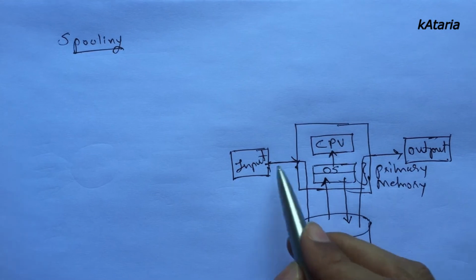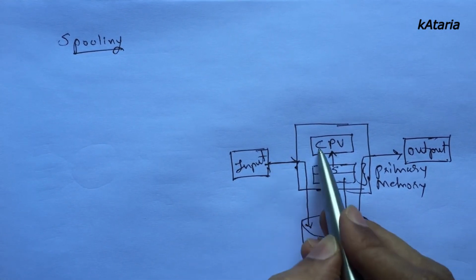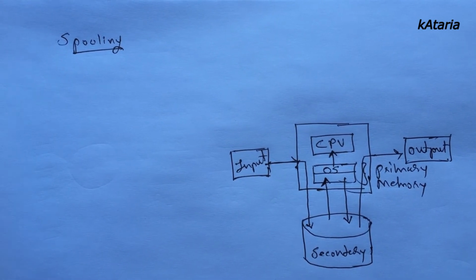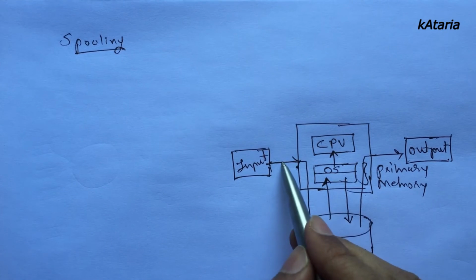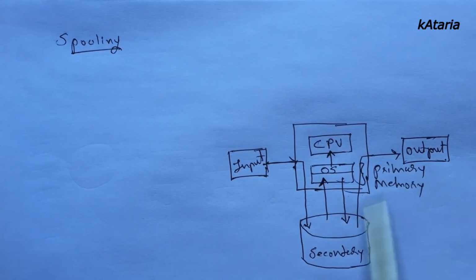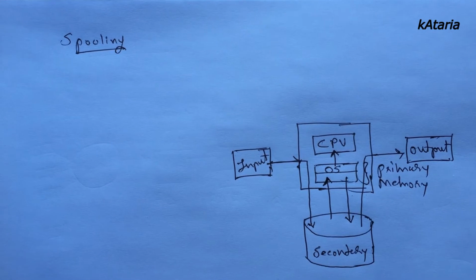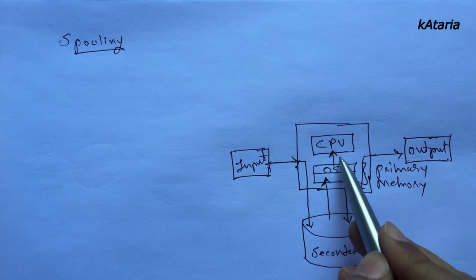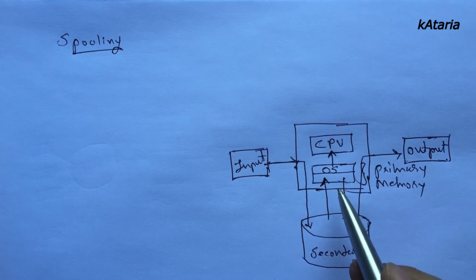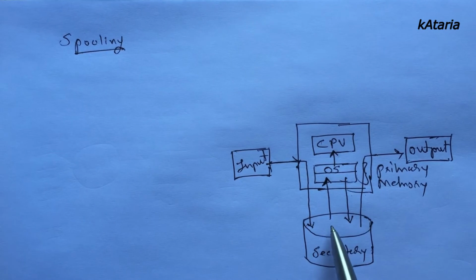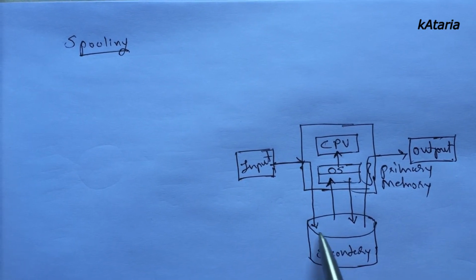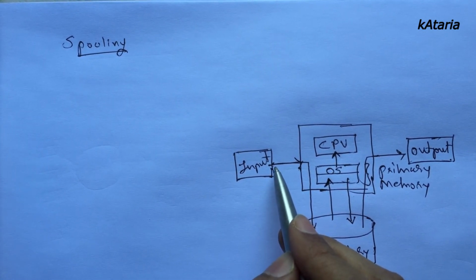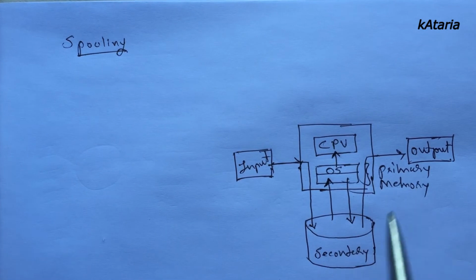So here there is one advantage. Why? Because in our earlier system or batch processing system, input output devices are directly connected with the processor. So most of the time the processor becomes busy during the loading of input and unloading of output. Right now CPU is accessing the data from the primary memory, and primary memory is accessing all inputs from the secondary memory, and secondary memory is accessing the input from input devices. It means right now IO devices are connected with the secondary memory.